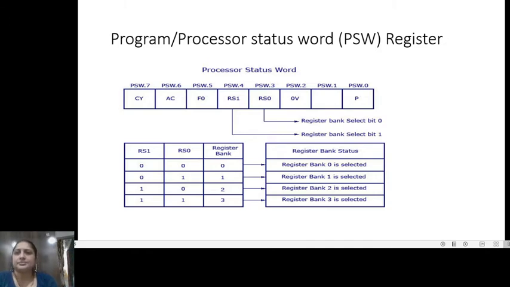Then we have the user flag register, which is used by the user. Then we have the auxiliary carry flag register, and last we have the carry flag register.